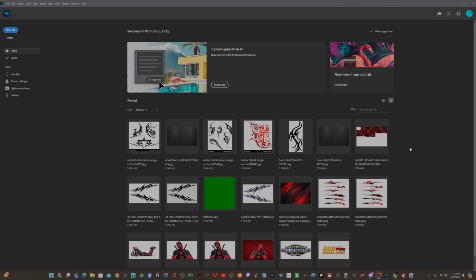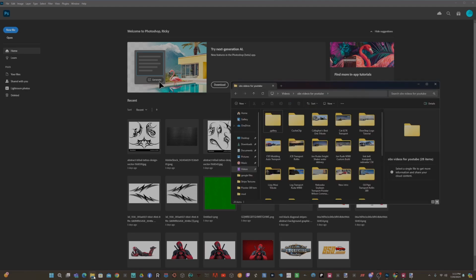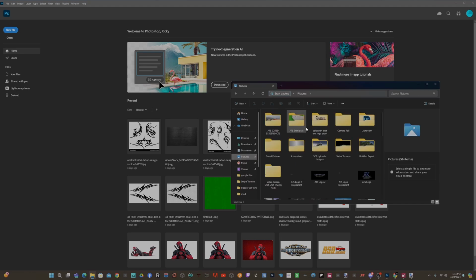let me show y'all how I do my logos my way and add it to the trucks through using the open def files. The truck we're going to be putting it on is one that I have just recently did a skin on, and I thought I had the picture pulled up. I don't think that I did. Let me go into my dealios here. I don't think I had it in there. It is. Well,